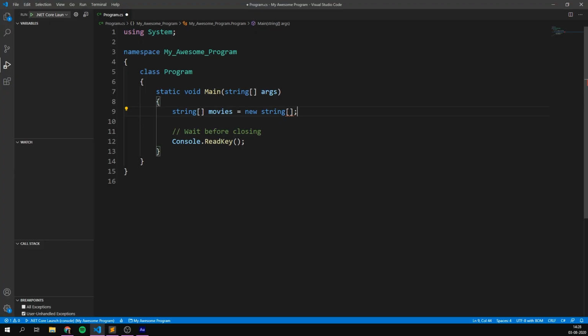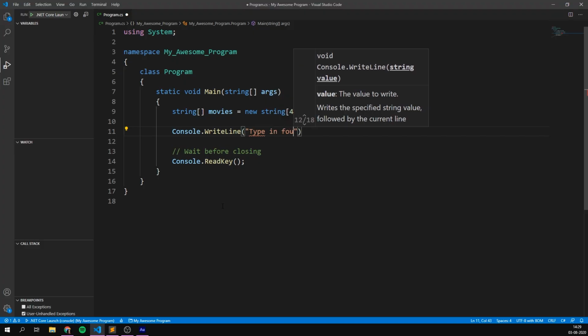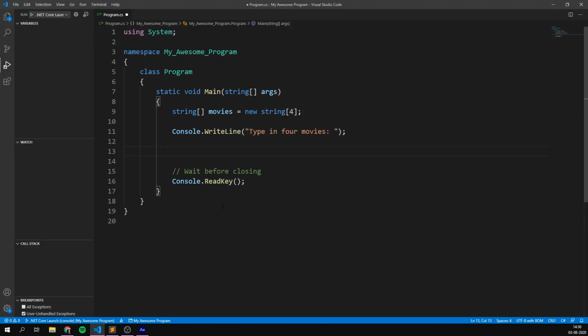Then inside of the brackets, we get to specify the length. This is how many elements we want our array to store. In this case, let's just have the user input 4 movies, so we'll set this to 4. And there you go, we've now created an array that can hold 4 strings. We can then tell the user to input 4 movies, so we'll go Console.WriteLine, type in 4 movies,